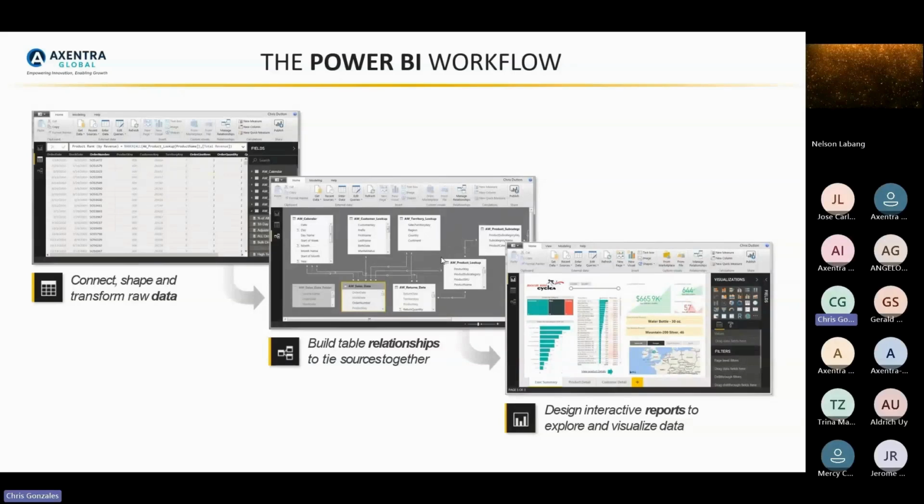So that's why I discussed earlier that there are two interfaces. It's because of the workflow that happens in two interfaces. Again, let me repeat. This first part, connect, shape, and transform raw data, happens on the back end, while building relationships and creating data visualization happens in the front end.